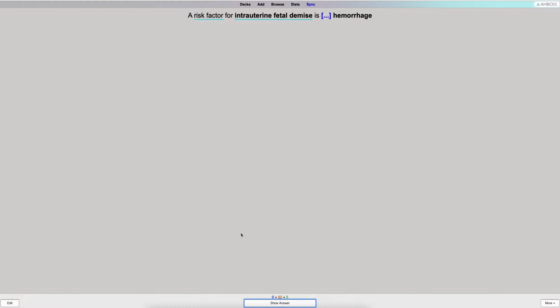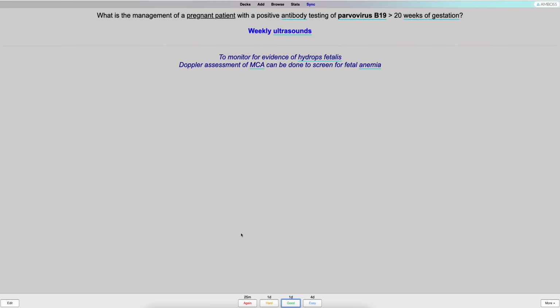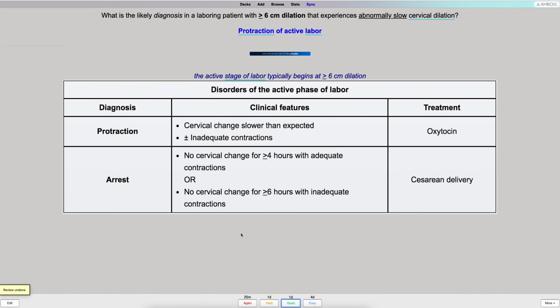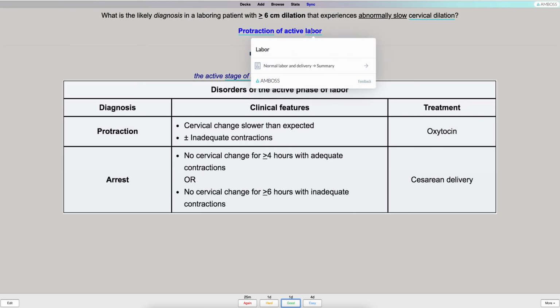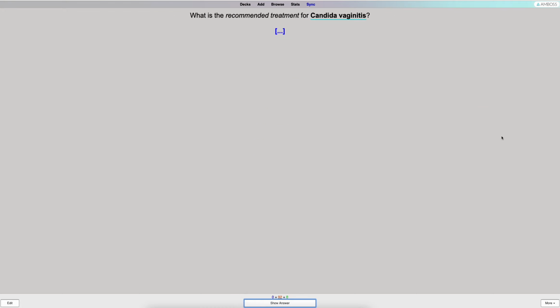Risk factor for intrauterine fetal demise is fetomaternal hemorrhage. Normal labor includes slow cervical dilation. The most recommended treatment for Candida vaginitis is oral fluconazole. Fetal anemia in a pregnant mother with parvovirus infection